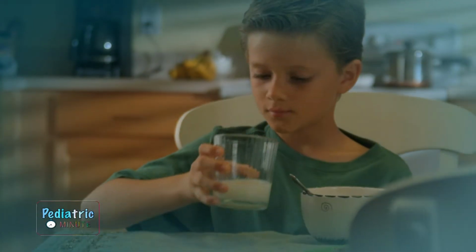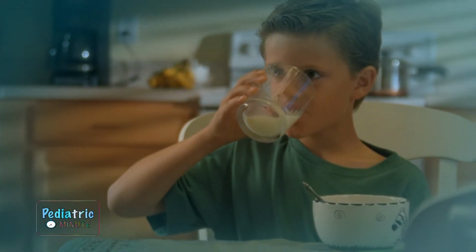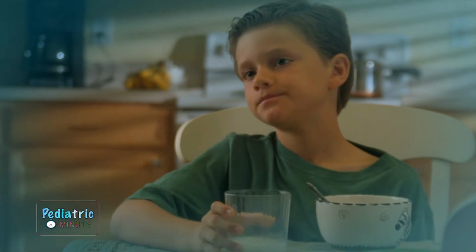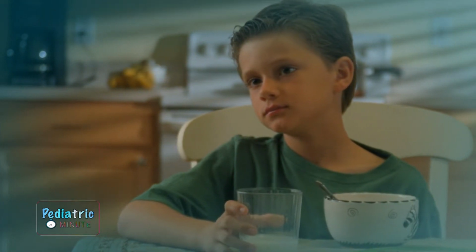Also try to eat whole wheat bread and brown rice instead of white bread and white rice. And for dairy, aim for low-fat or non-fat milk, yogurt, and cheese. And lastly, allow your kids to have an occasional treat, since completely eliminating all junk food is unrealistic. But the key is to limit it to only once in a while and in moderation, rather than as part